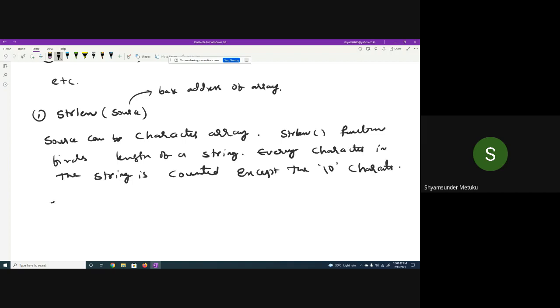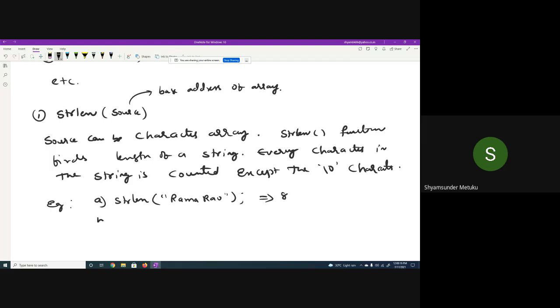Okay, some examples I'll give here. Let me take the first example: strlen, and you can write text directly inside the quotes, there is nothing wrong. Can anybody tell what the output of this is? Every character is counted. Can you count how many characters are there in the given string, except the null character? How many are there? Respond. Sir, 8 including space. Yes, very good. So the output will be 8.